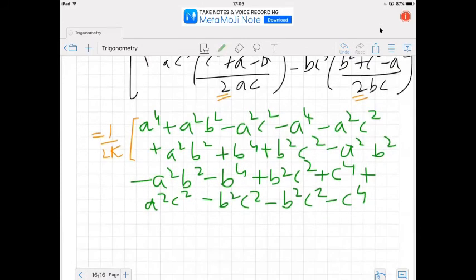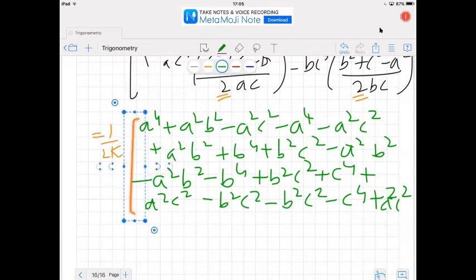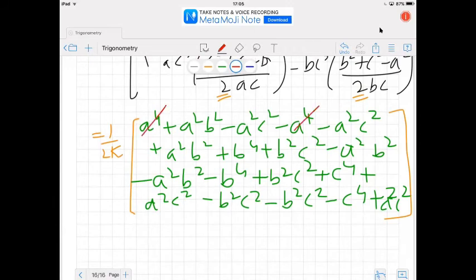ठीक है, but if you see closely, all the terms are going to get cancelled now. Last में a square c square आएगा last term. So इसको अगर closely देखोगे ना तो सारे terms end में cancel होने वाले हैं. And the entire thing, so if you want to see, I can show it to you. A to the power 4 and minus a to the power 4 is going to get cancelled. Similarly, you have minus c to the power 4 and plus c to the power 4 cancel हो जाएगा. वैसे ही minus b to the power 4 and plus b to the power 4 ये भी cancel हो जाएगा. And for all the other terms as well, they will also get cancelled out.